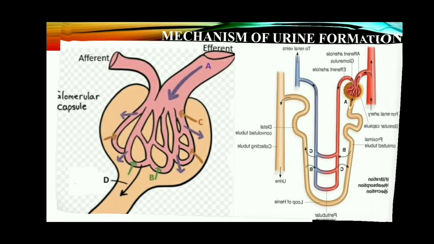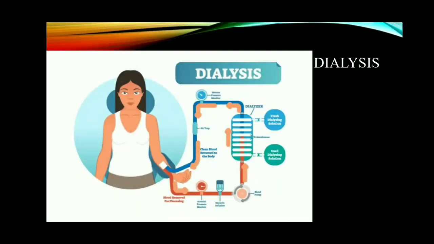Dialysis or artificial kidney. When kidneys fail to perform their function, or when kidneys lose their filtering efficiency, an excessive amount of waste materials accumulates in the body, which can even lead to death. This condition is called renal failure. For this, an artificial kidney is used to filter the blood of the patient. The patient is said to be put on dialysis, and the process of purifying the blood by an artificial kidney is called hemodialysis.